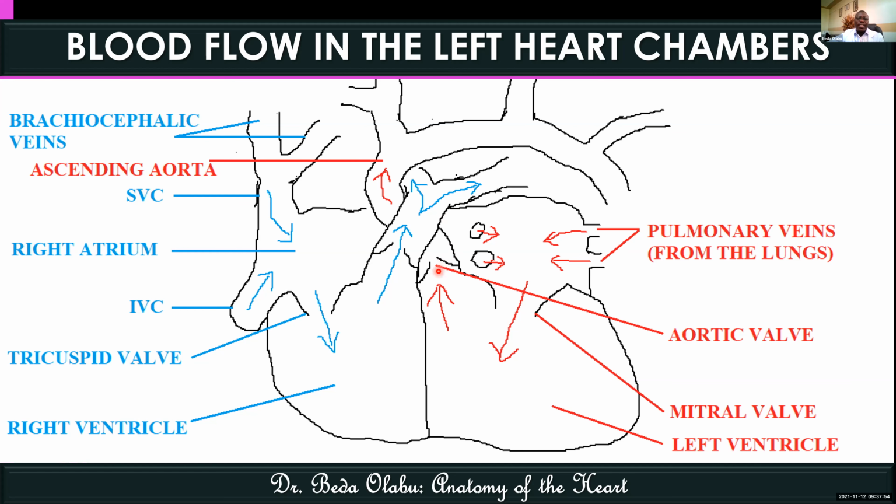Aorta has three segments. The segment of the aorta going up is known as the ascending aorta. The segment of the aorta turning is called the aortic arch. And the part of the aorta going down is called the descending aorta. Conventionally, we can still divide the descending aorta into two based on the anatomical region it's found. So we have the thoracic segment of the descending aorta, and we have the abdominal segment of the descending aorta,